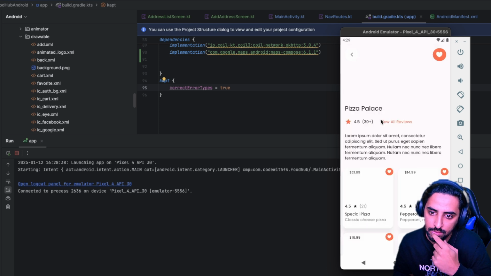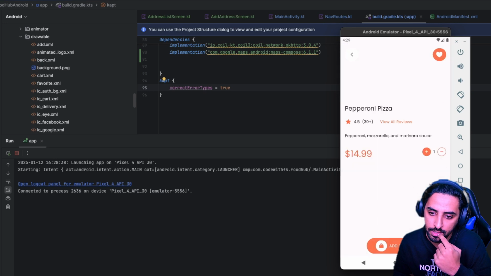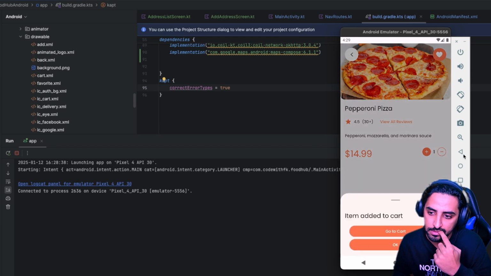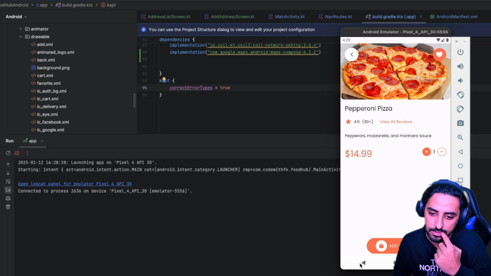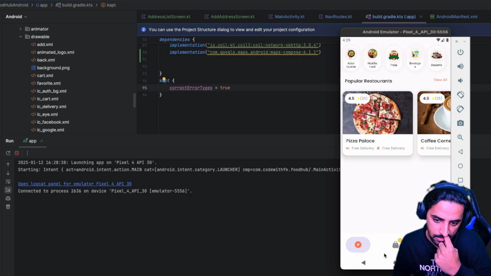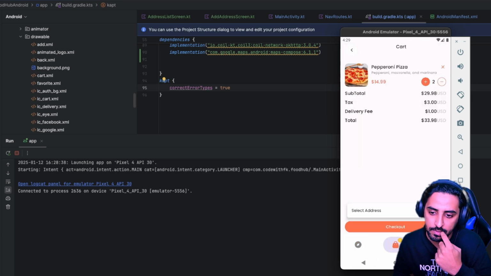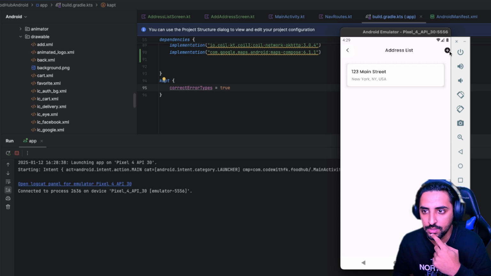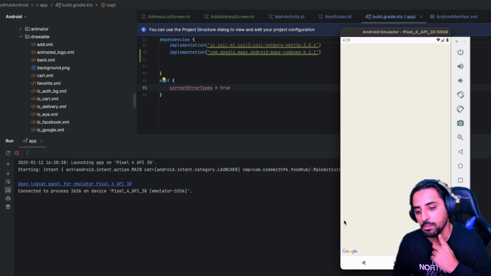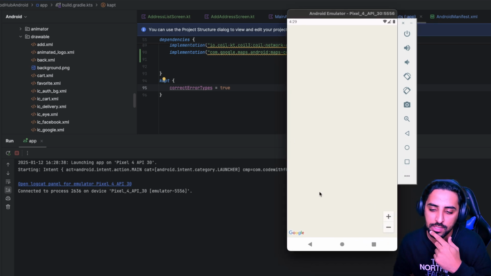Let's just try adding an item to the cart. Okay, now we'll go over here. We have these things. Let's just click on select address, click on the plus sign, and now when I click on that, it should take me to the map screen, and you can see that we are getting a map